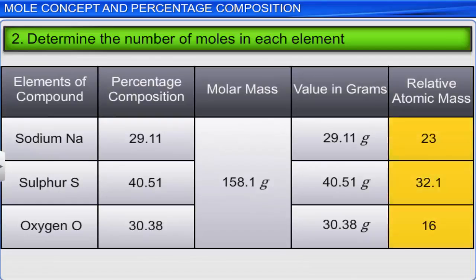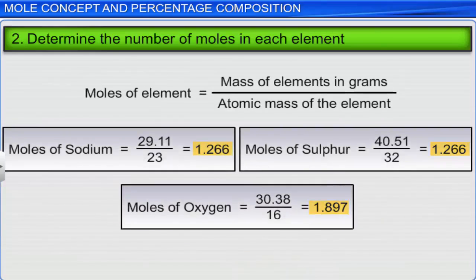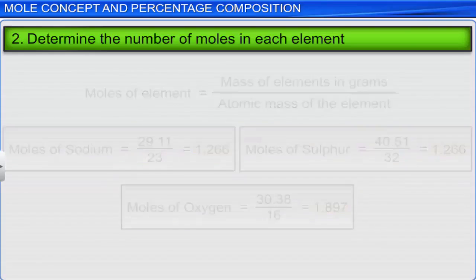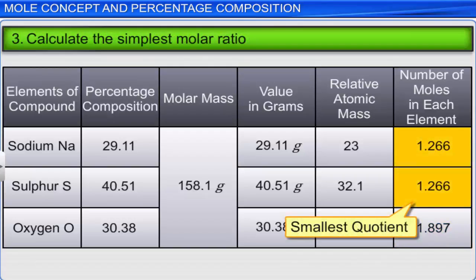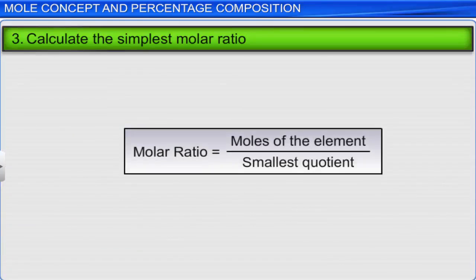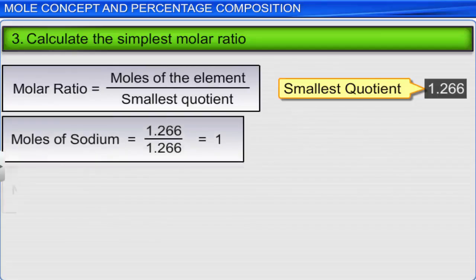Therefore, the relative atomic masses of sodium, sulfur, and oxygen are 23, 32.1, and 16 respectively. On substituting the values in the equation, we get the number of moles for each element as 1.266, 1.266 and 1.897. Next, calculate the simplest molar ratio. Divide the moles of the various elements present in the compound by the smallest quotient obtained. This gives the simplest molar ratio as